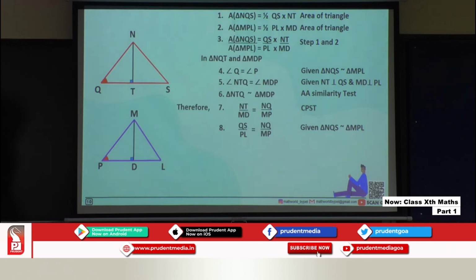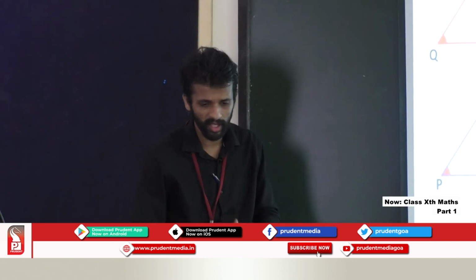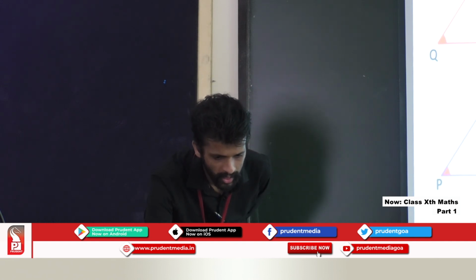Okay. Now, if you look carefully, in the 7th and the 8th step, the right hand side are same, right? They're equal. So if the right hand side are same, I can write the left hand side also to be equal. So this would become QS upon PL, okay, which is of step number 8, and NT upon MD, which is of step number 7. Okay, so I got this entire information from step number 7 and 8. That's the reason I have written it from there. Okay, next